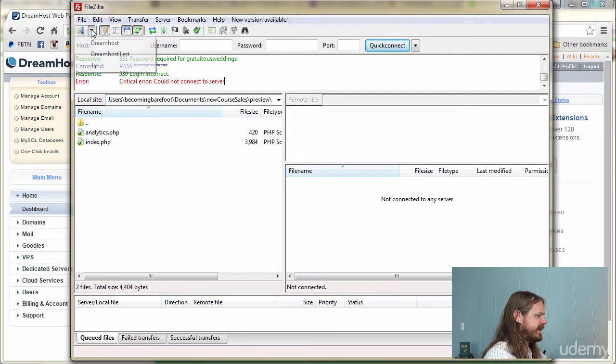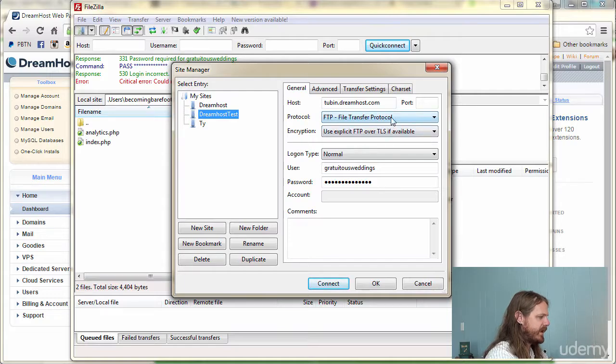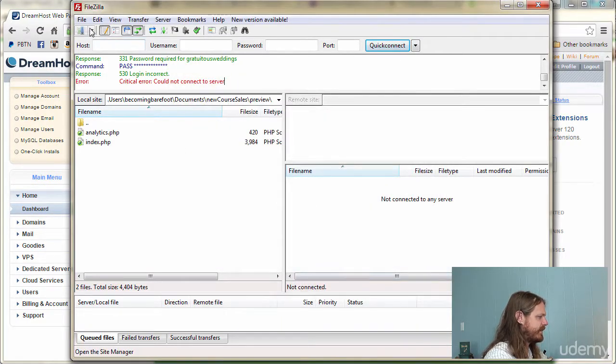Okay, so it still did not take. Let's just look at the server settings now and see what else we can figure out about it. So we have use explicit. We could use only plain. And then let's look at this. It's file transfer. We do have SSH file transfer available. If we switch to that and click OK,